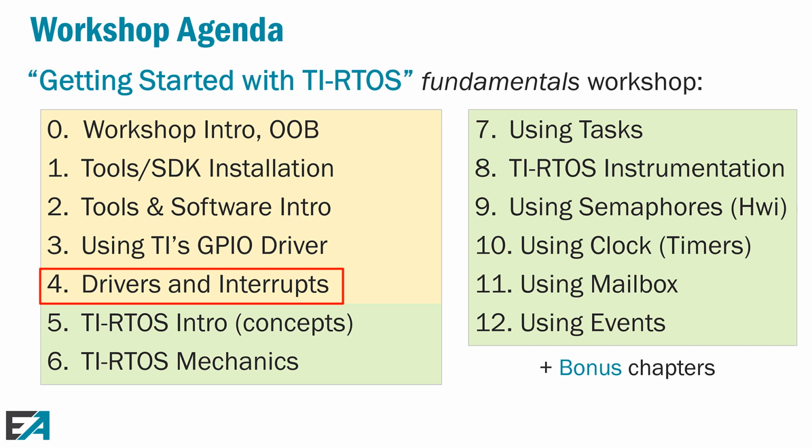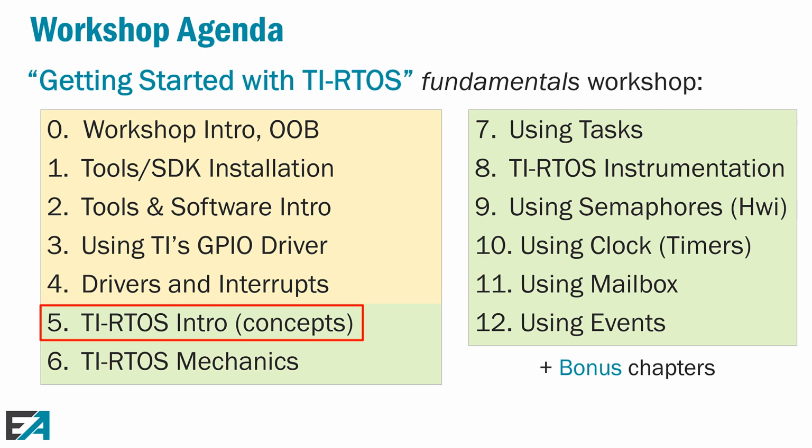And then stepping into Chapter 5, Eric, what are we doing with the green part of this? Okay, so Chapter 5 is really conceptually what is an RTOS. So if you go from a traditional embedded system topology where you have a while loop in main and you've got hardware interrupts interrupting that while loop, you've got basically two levels of priorities. What are the common problems with that? What are the limitations of using a system like that? And how do we walk across the bridge of saying, if we need to schedule threads this way or that way, we probably need a couple other levels of priority between those two. What are the benefits of that?